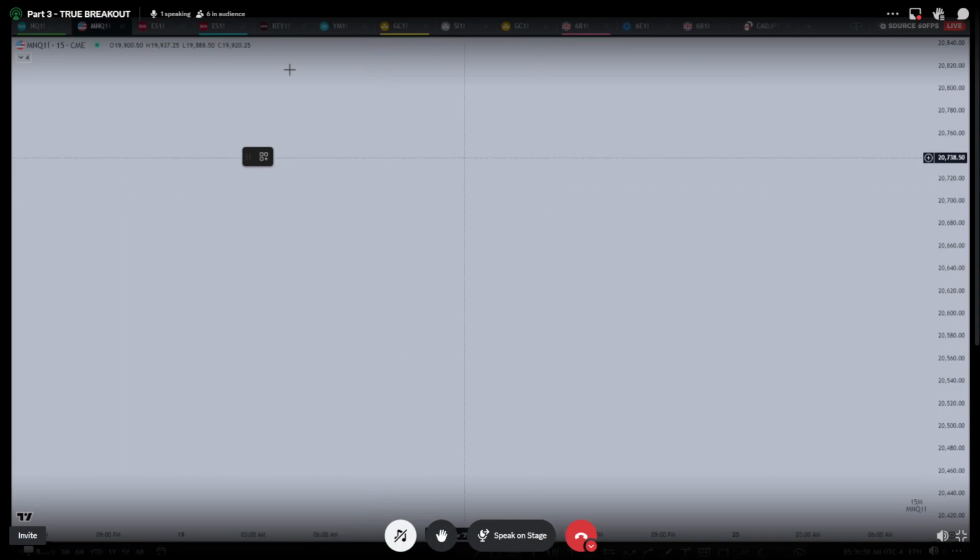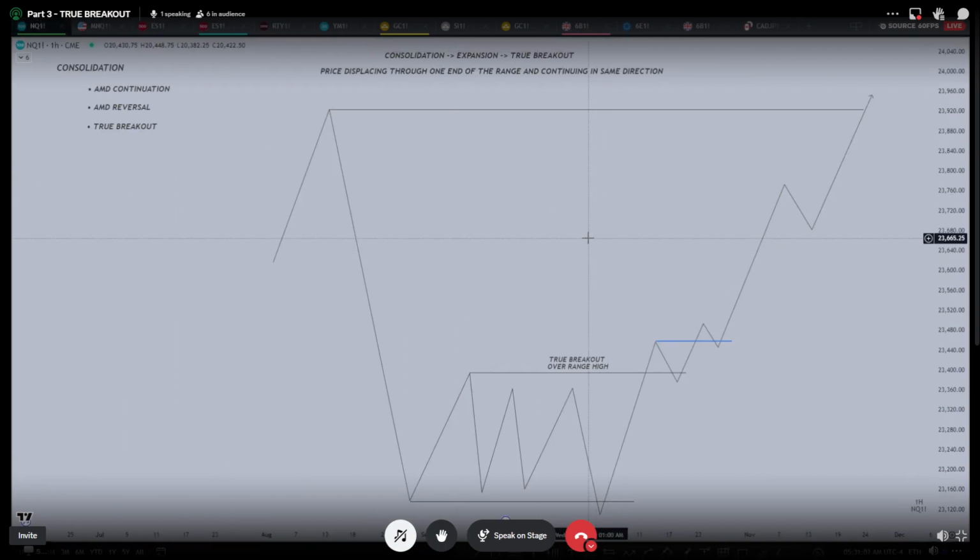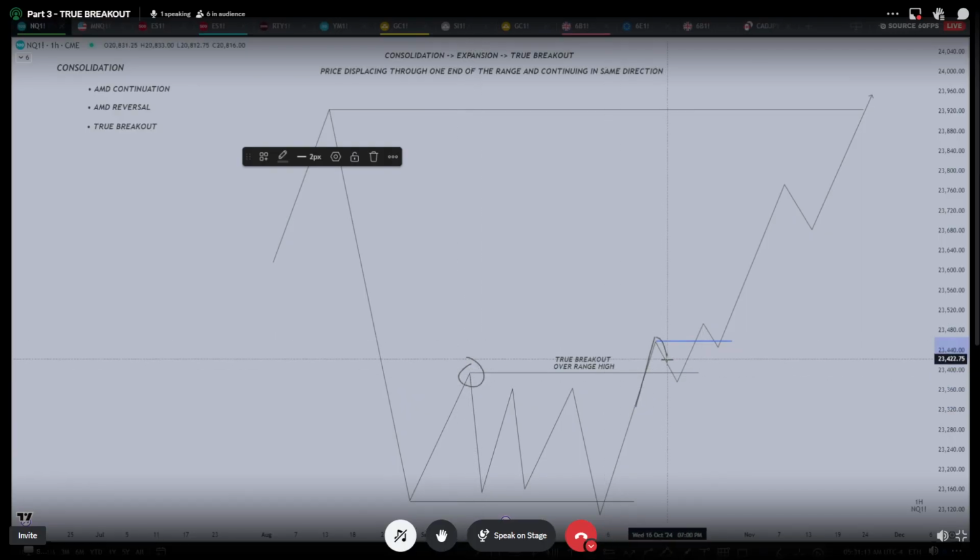So you want to basically align everything with order flow. Now, this is a true breakout. Why? Price tags the range high, the relevant range high, comes back towards the range and immediately moves away, closing over the opposing candles. This could be used as an entry function or could be used